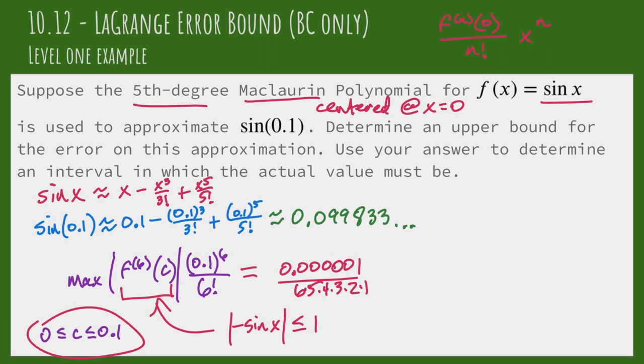So this is a really, really small number because we're taking a really small number in the numerator and dividing it by a pretty big number, 6 factorial. And so we're going to get a really small number. So the maximum possible value of this, even assuming that this is going to be as big as 1, is going to be really, really small. So I'm going to go back to my calculator here. In the calculator, we're going to have 0.1 to the sixth power divided by 6 factorial, and that's going to give us about